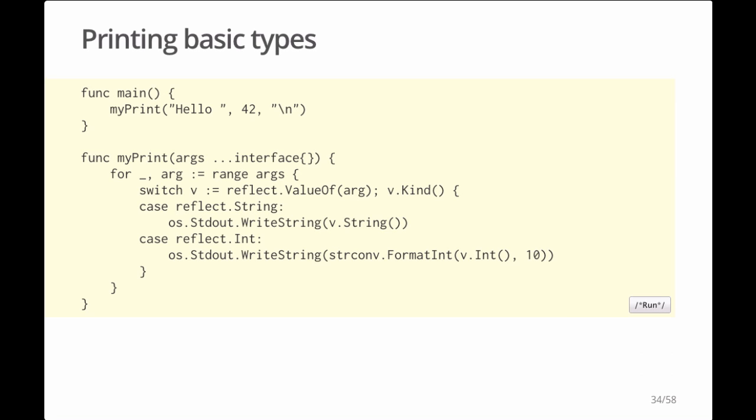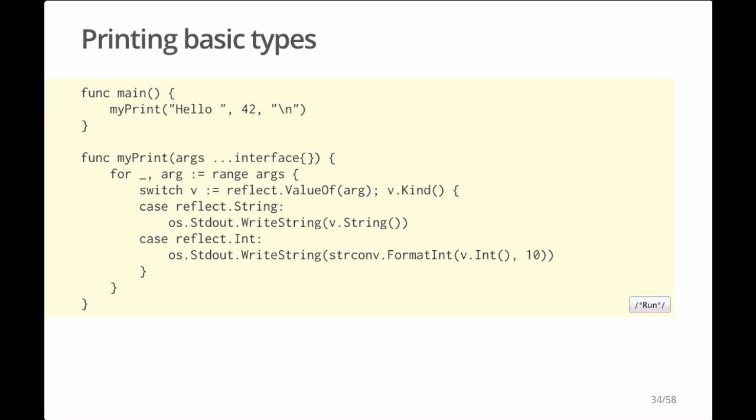Here's our same hello 42 program, but I've changed it from saying fmt.Printf to myprint, and then we have an implementation of myprint at the bottom. So myprint takes a list of 0 or more arguments, that's what the ... says, and the arguments all have type interface{}, which is an interface type that requires no methods at all. In Go, remember, an interface is satisfied by any type that implements all the required methods, and since there are no requirements, they are met by every possible type.